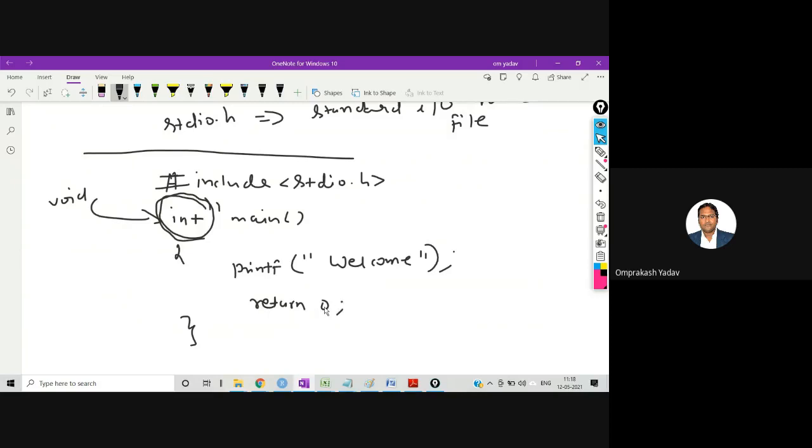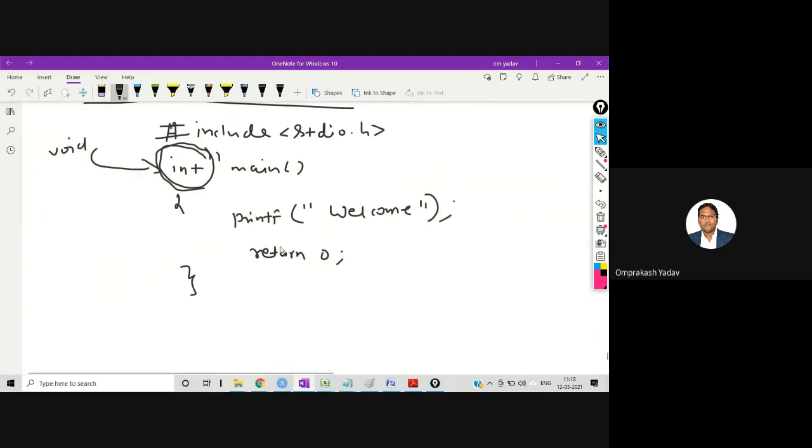This is there for the purpose of the operating system. The operating system has scheduled the program to execute certain code, and once the execution of the code is over, this main function can let the operating system know that my task is over. Then the operating system will understand that this procedure's task is over, and it can schedule some other procedure. So this int is there for that particular purpose. If you're writing integer or float or anything before any function, then that kind of value will be returned.